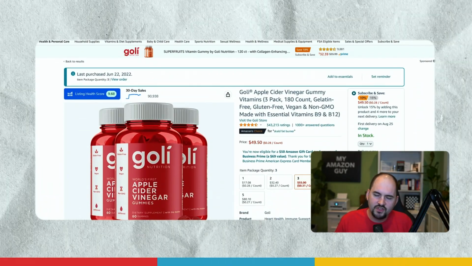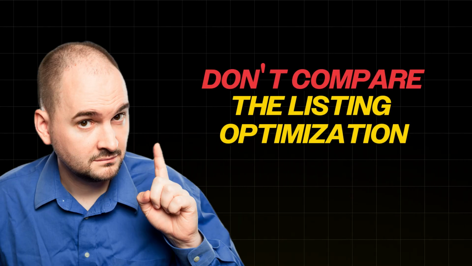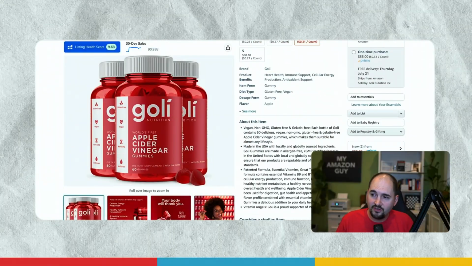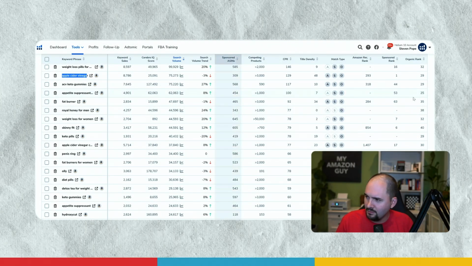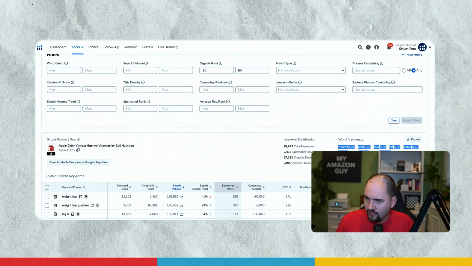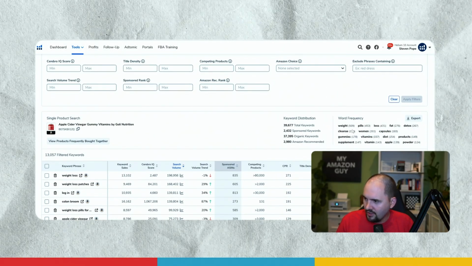If you want to grow your sales, don't compare the listing optimization to the best. Go take their keywords, go download their Cerebro report and figure out what needs to be done. Look at their keyword word frequency chart up here on the right where you can see all the things that